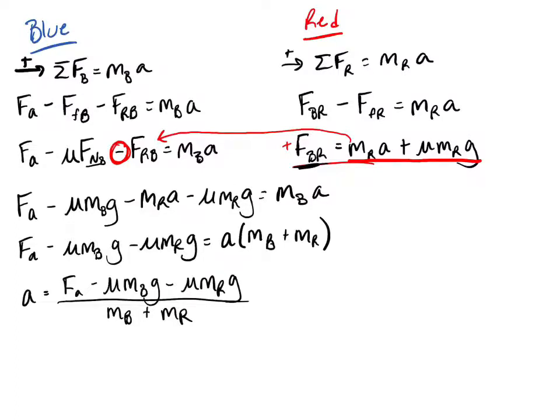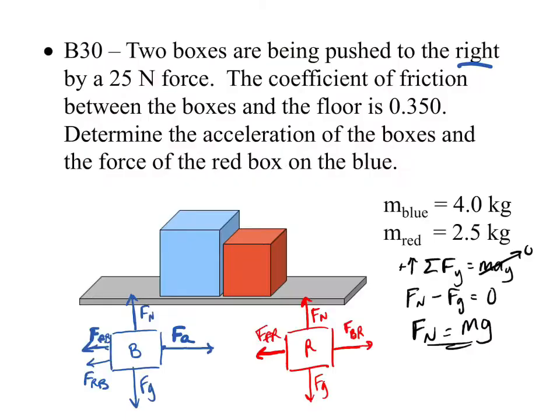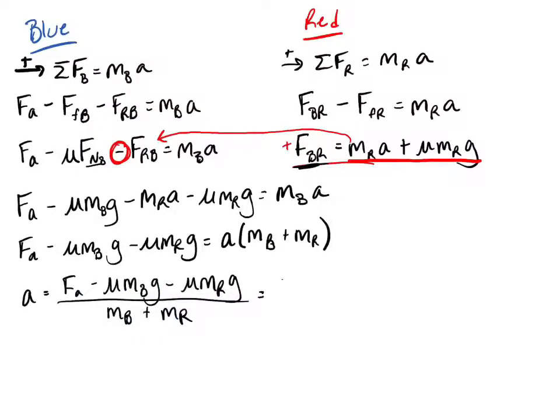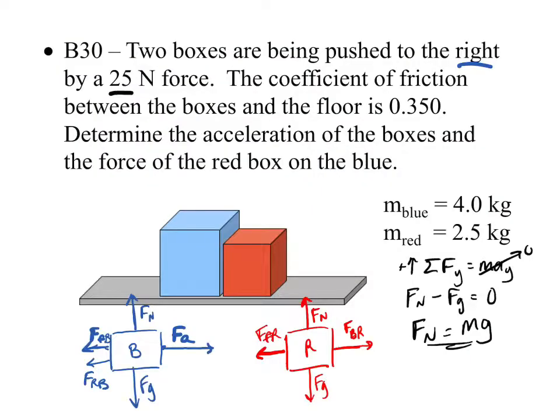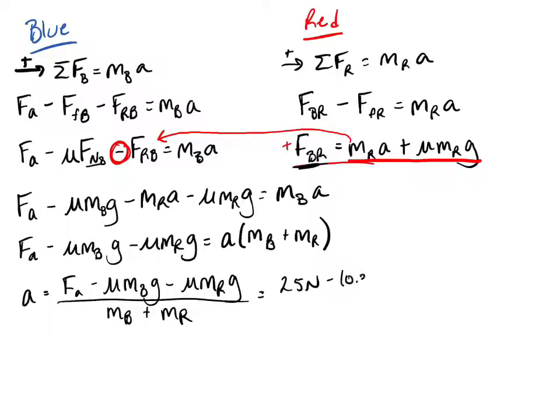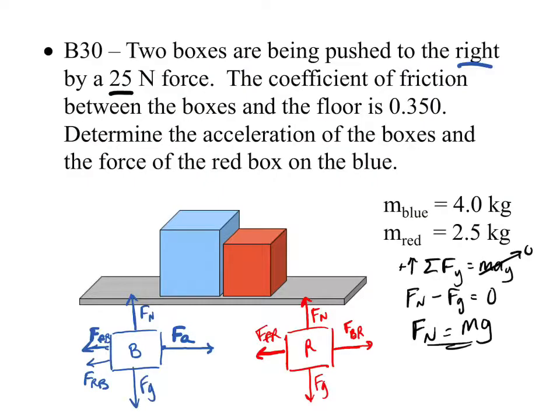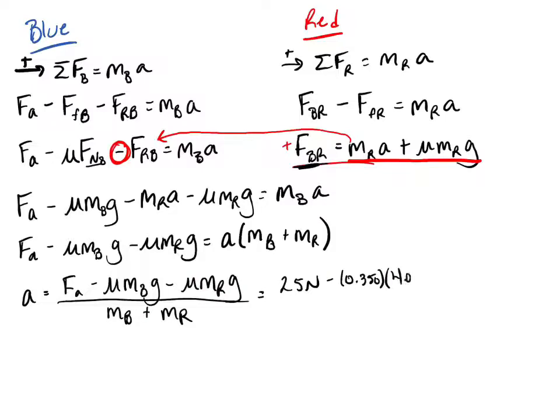And now I do, in fact, have all these numbers, so I'm just going to plug them in. So the applied force, if you forget what it was, which is fine, because that was a long time ago, it was 25 newtons. So we start with that, minus mu mass of the blue box times g, so mu was 0.35. Mass of the blue box, wow, I just forgot everything, it was 4 kilograms. Times g,